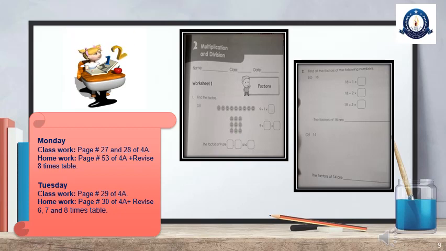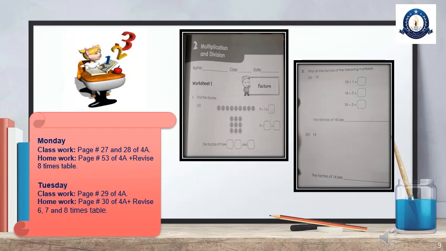One thing more, we will write factors from least to the greatest: 1, 3, 9. If the pair will be in this way, 3 into 3, 4 into 4, 5 into 5, you will write the number 1 time. Like here the pair is 3 into 3, so I will not write 3 two times. I will write 3 only 1 time. Right? Okay.